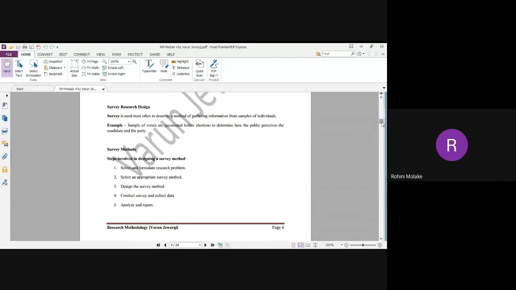A tutor wants to schedule a timetable to take class. It is a research problem. He selects a method to solve the problem, online. He puts some options, and he designs it. He gives some time intervals in front of the students.